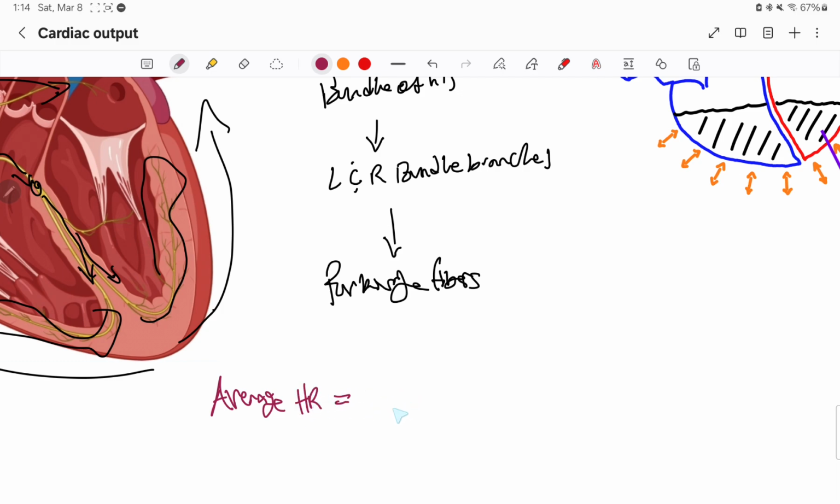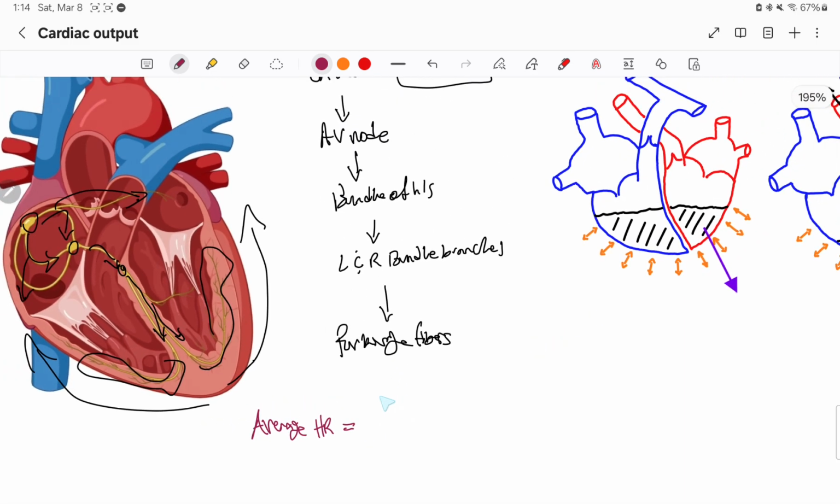And in one cardiac cycle, the heart beats one time, okay? So if we want to figure out the average heart rate, right, that is actually measured in beats per minute, we can use our knowledge of the cardiac cycle. So we can say that if the heart beats one time and that occurs in 0.8 seconds, okay,